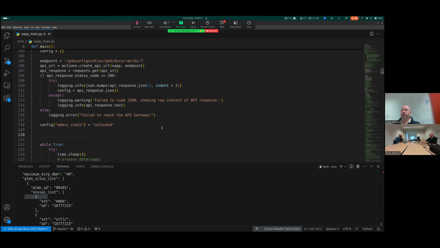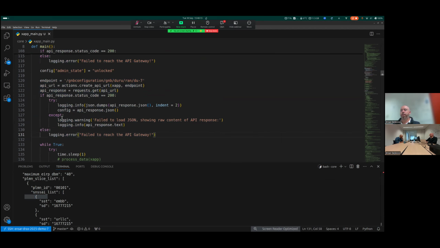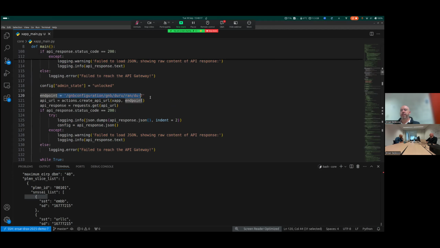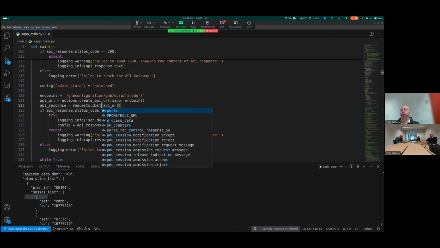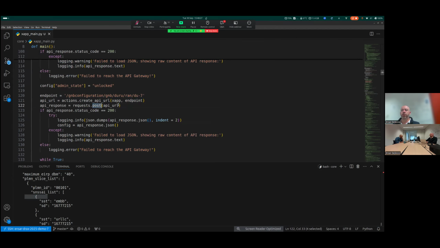Now that I have this, I can basically copy this whole thing again, put it here. We'll use the same endpoint. It will create the same URL, but the only difference here is we will not use the requests.get, but we will use the requests.post method on this URL. And of course, you need to supply the payload, which you're posting to this URL now.